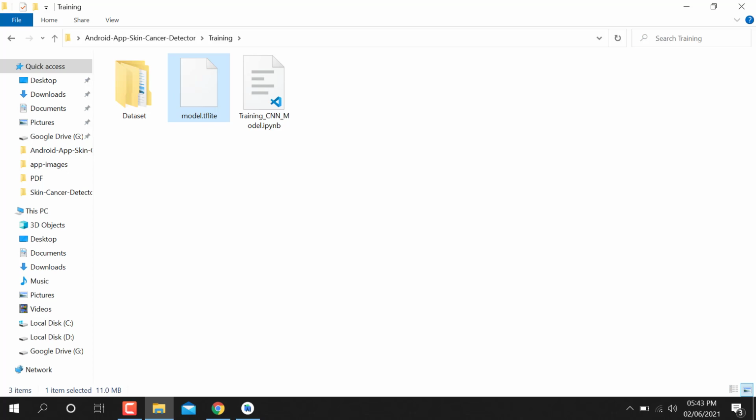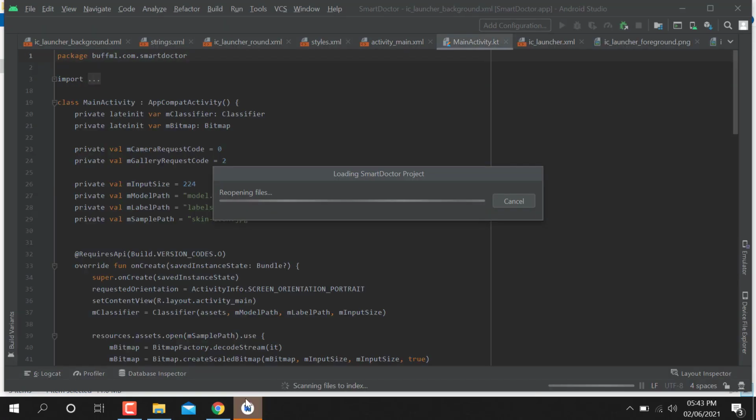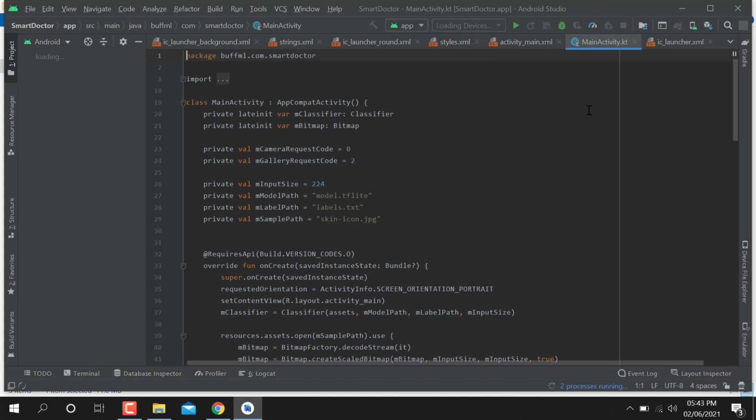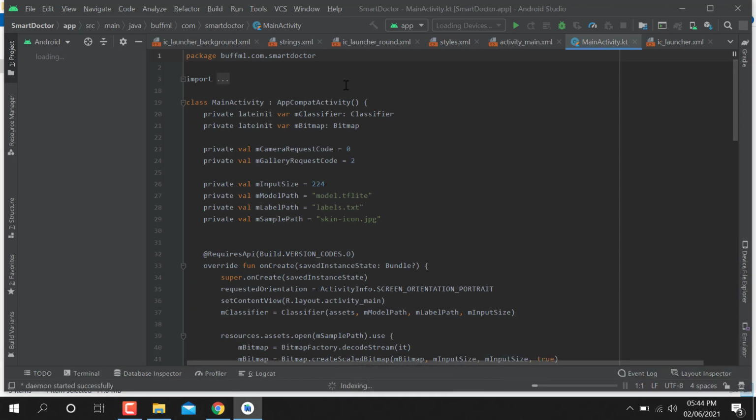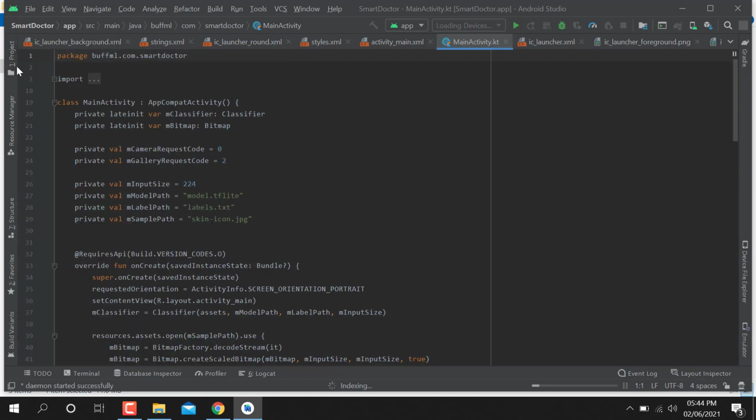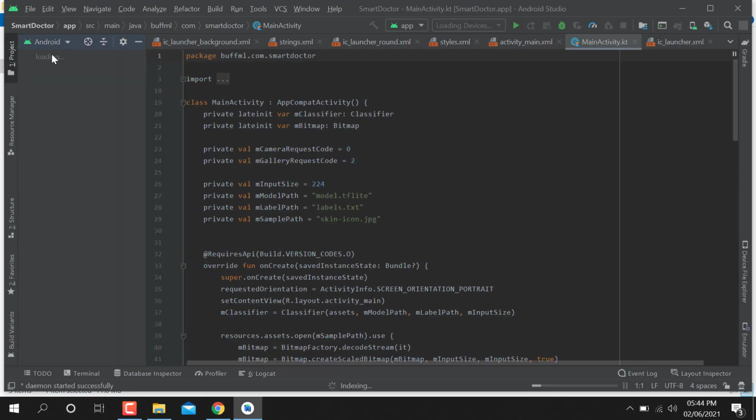For the Android app, the code is already made. Here you can see the whole code. This is the code for the Android app. What you have to do here is you just need three things.